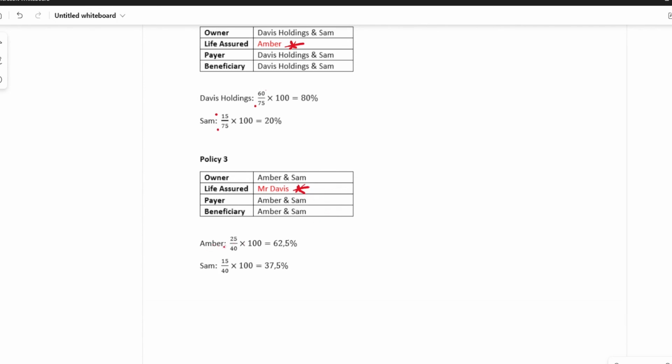And then again, with the calculation in terms of Amber, we know that she holds 25% shareholding out of the 40%. Now, obviously, we don't take Mr. Davis into account, because that's the person who, via the company, holds 60%. We always negate that. So the shareholding between Amber and Sam, the 25 plus the 15, gives you the 40. And then we convert it into a percentage, which gives you 62.5%. And then we know that Sam owns 15% in the company out of the 40, converted again, it gives you 37.5%. Now, especially with respect to the third policy, and this is the following video I want to do,